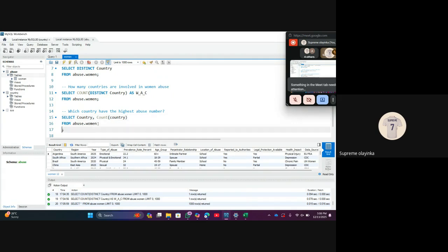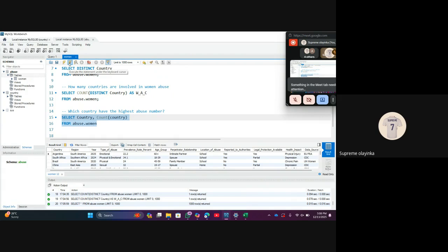So now the first thing I will be seeing here is country. This is actually two columns. The first column in our output will be country. Then the second column will be the count of the country. Now I want to know how many times Argentina will occur. 1,000 times. South Africa will occur 500 times. That's two columns. Basically that's what I've written here. So this is the name of the table. Now what do I want to do? If I should run this particular thing,